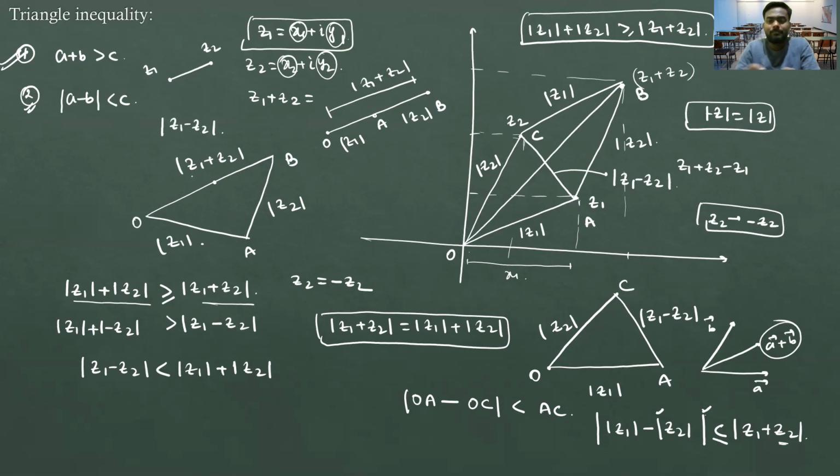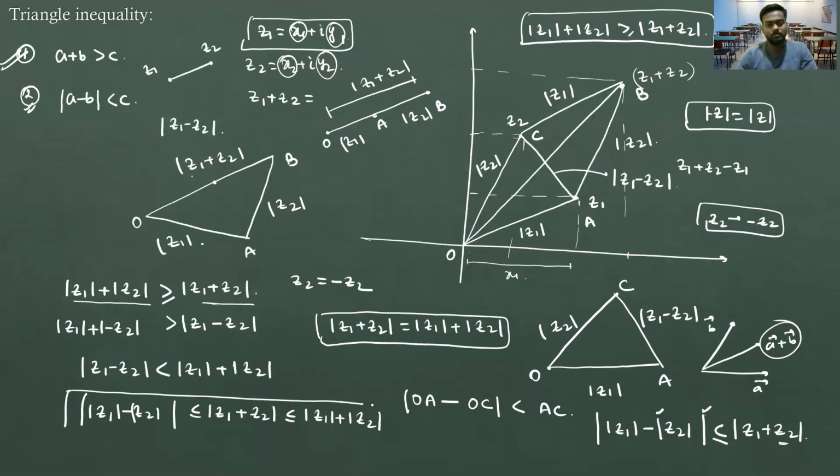So if I combine this and this, what will I be getting here? I will be getting modulus of z1 plus modulus of z2 is less than or equal to modulus of z1 plus modulus of z2, right? And this side we will be getting modulus of z1 minus modulus of z2, modulus. So this is the triangular inequality, and this is so much important. They generally ask one question from this portion. This year also they have asked one question. In the advanced paper also there was one question from this topic, right?